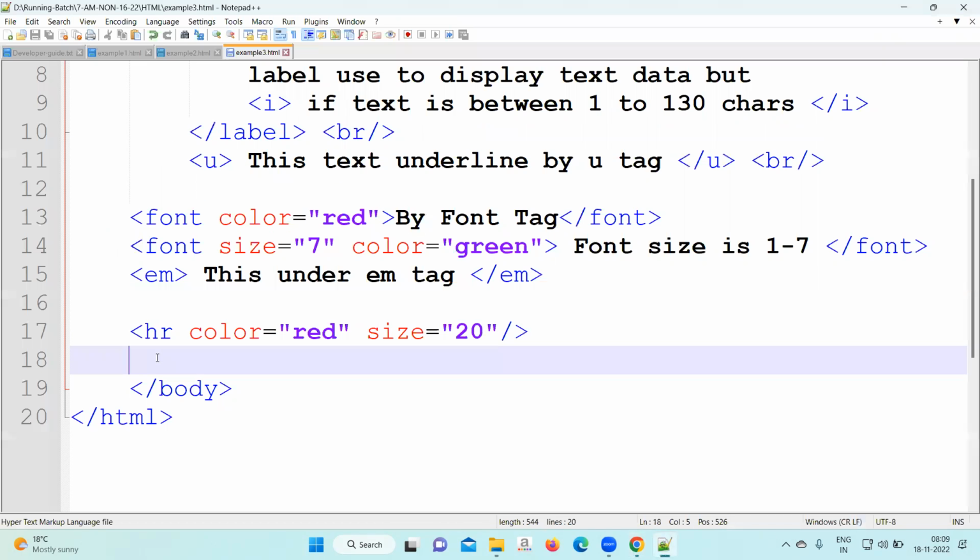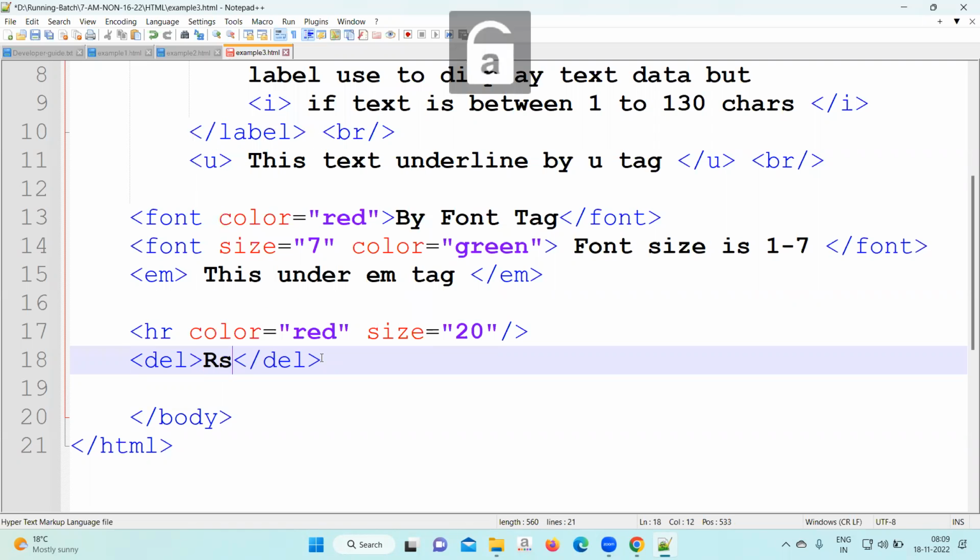EM tag and not EM, del tag and INS tag. Write the del tag, DEL. Del represents the old value. Suppose you are selling a product online and the old price was 1000 rupees and the offer price is 800. So the old price you can display through the del. It will come as a strike, as a cross line. Suppose we'll say RS 1000